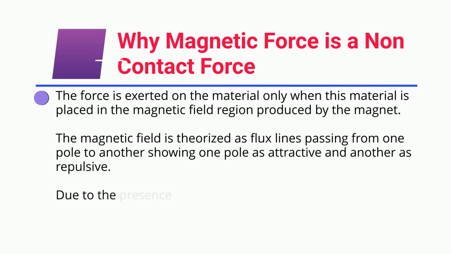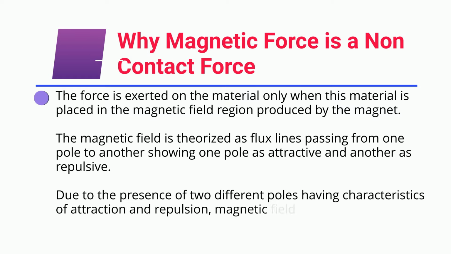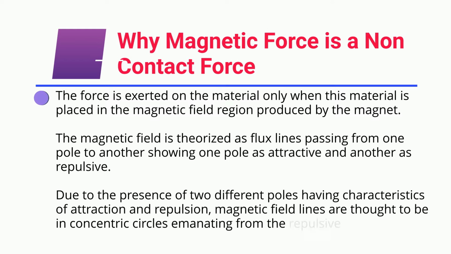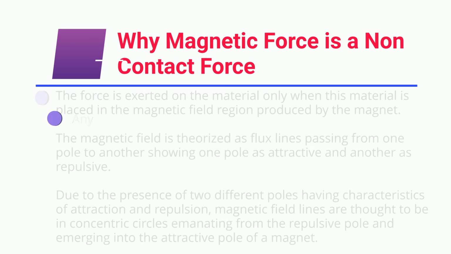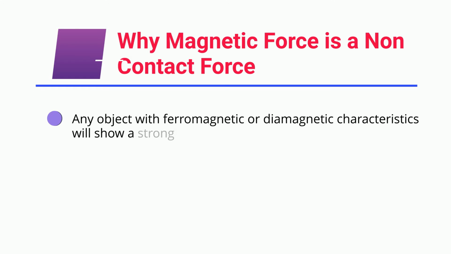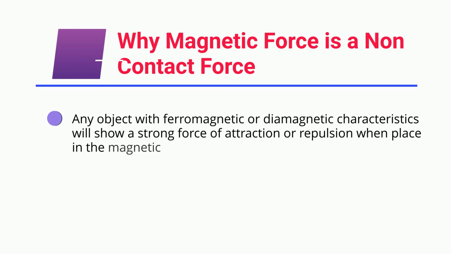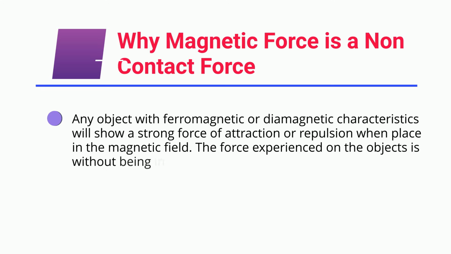The magnetic field is theorized as flux lines passing from one pole to another, showing one pole as attractive and another as repulsive. Due to the presence of two different poles having characteristics of attraction and repulsion, magnetic field lines are thought to be in concentric circles emanating from the repulsive pole and emerging into the attractive pole of a magnet. Any object with ferromagnetic or diamagnetic characteristics will show a strong force of attraction or repulsion when placed in